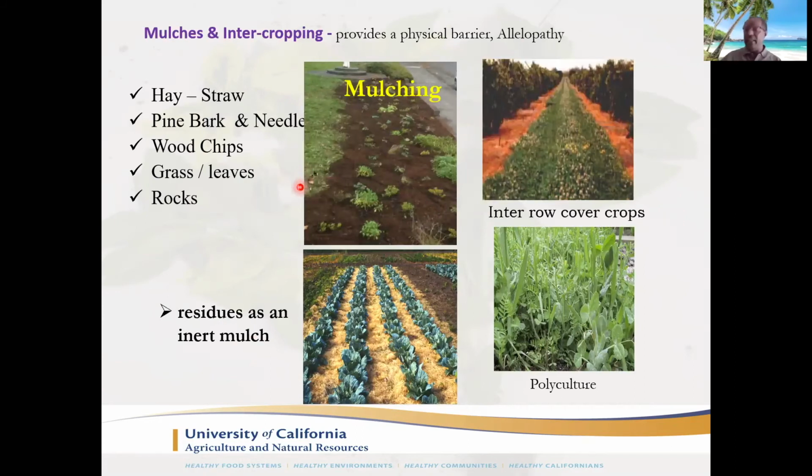It actually covers the weeds and stops them from coming through. Okay, this is something you could use as inter-row cover cropping, polyculture, or any crop residue that can be used between your garden rows